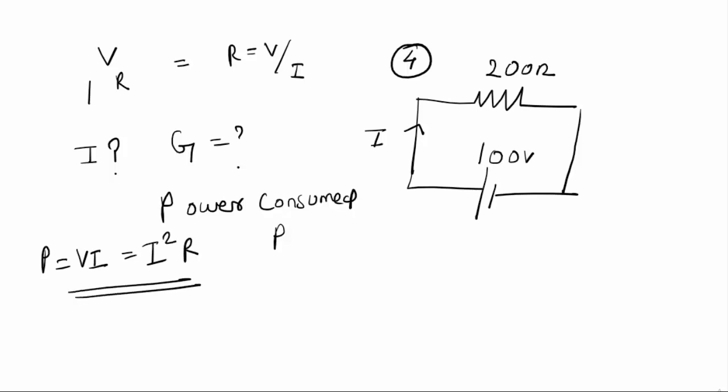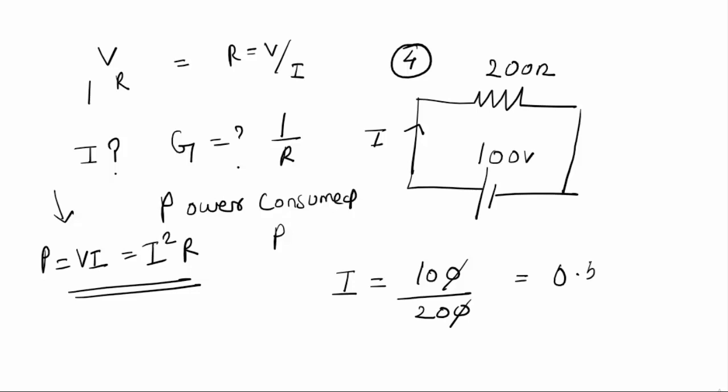So this is a mathematical way to define power for an electrical DC circuit consisting of only resistance, and the equation of conductance is equal to 1 by R. So simply to find the current, I is equal to 100 divided by 200. Again the current comes close to 0.5 ampere, and the power consumed by the circuit is 0.5 whole square, that is I square into R, which